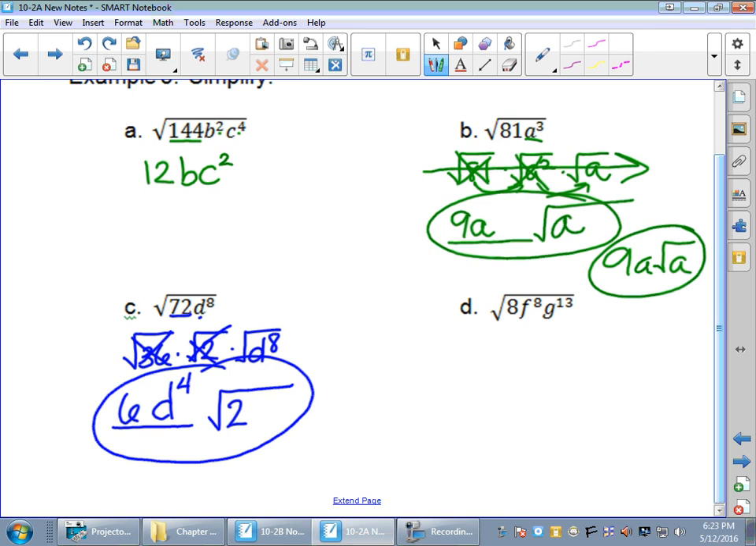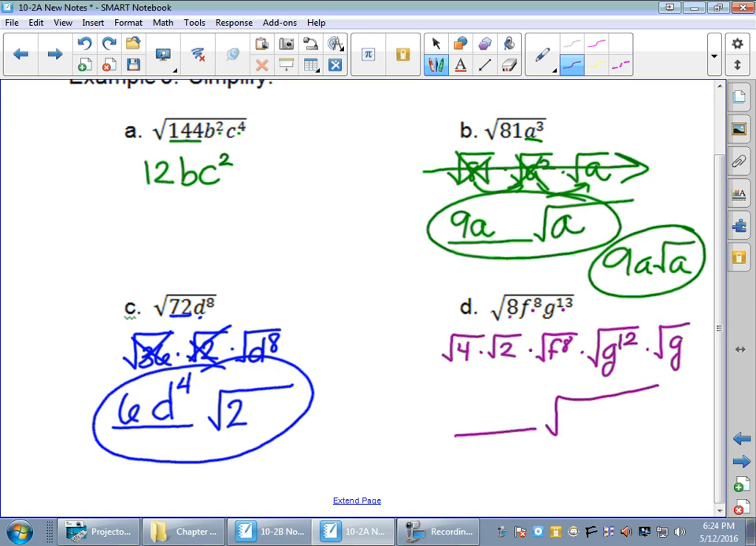All right, last example here. 8 is not perfect, but I know that there's a perfect living inside it, 4. F is perfect, and then G I have to break down because it's odd. So I'm going to rewrite 8 as the square root of 4 times the square root of 2. I'm going to leave F alone, square root of F to the 8. And then I'm going to rewrite G as square root of G to the 12th times the square root of G. I have my line for all the beautiful stuff out in front, and I have my radical for all the ugly irrational numbers. So square root of 4